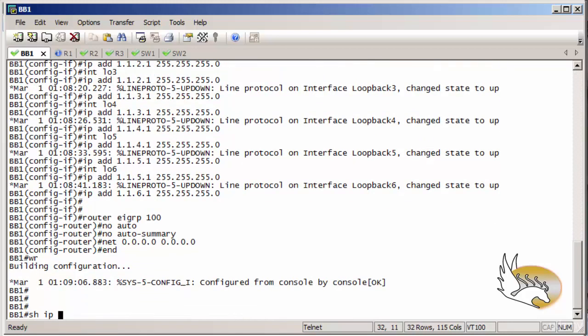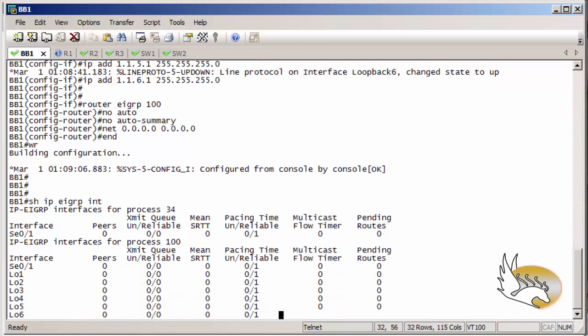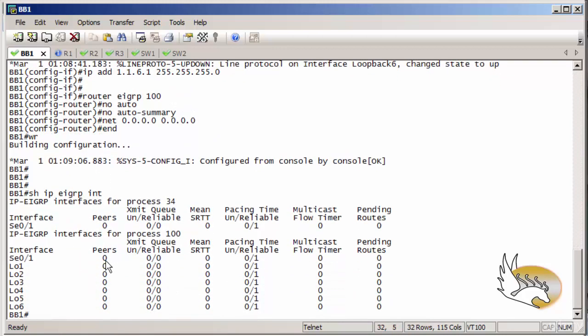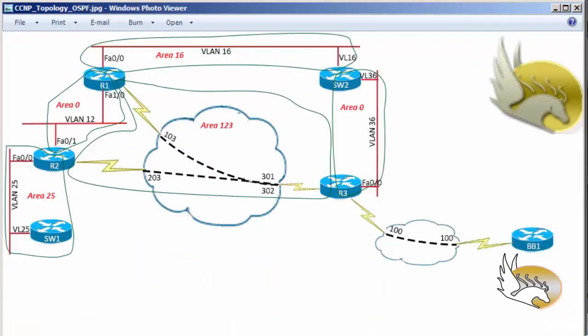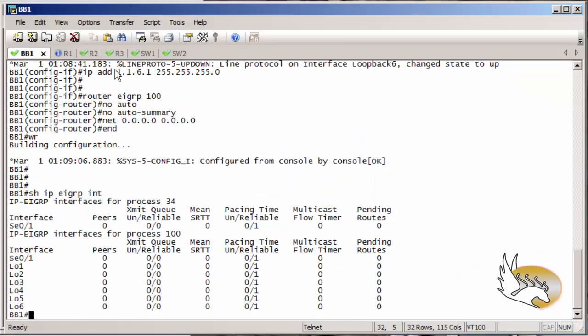Show IP EIGRP interfaces. You can see that all of my interfaces are on their EIGRP process. Now the other router that is going to be configured is router 3, and there's a serial interface connected to backbone 1. So I go to router 3